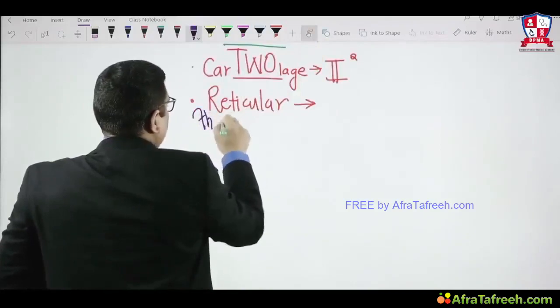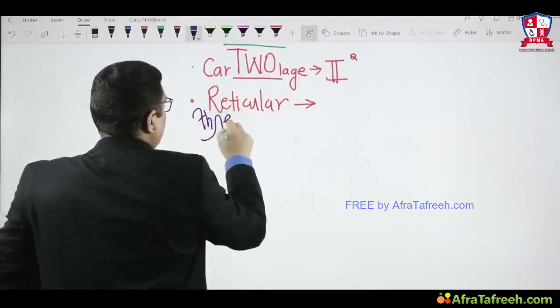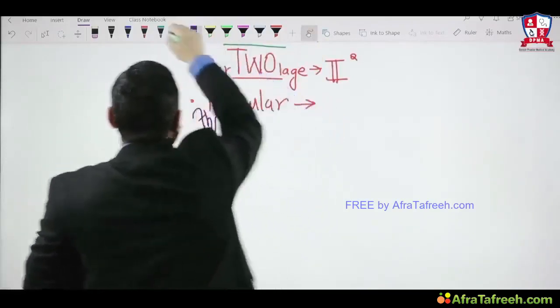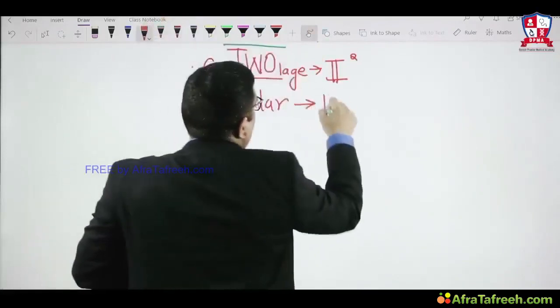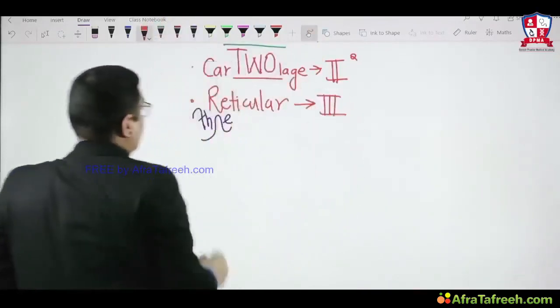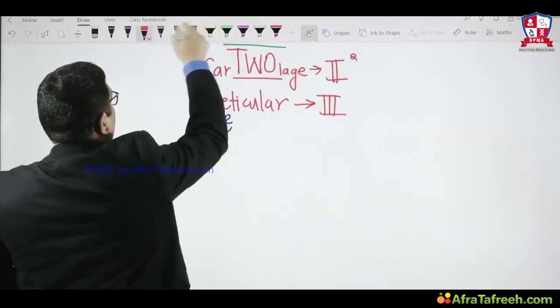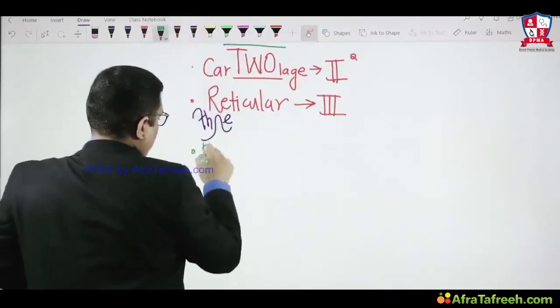Reticular is 3, right? So there will be 3. So this collagen will be type 3. So reticular tissue will be having type 3. Similarly, when the examiner asks you about the basement membrane,